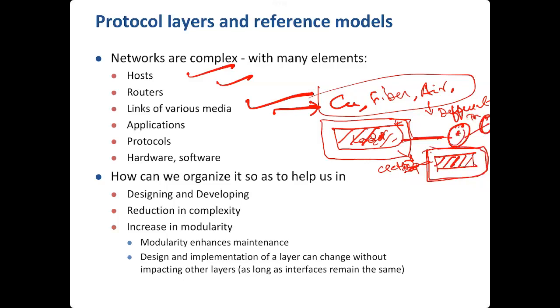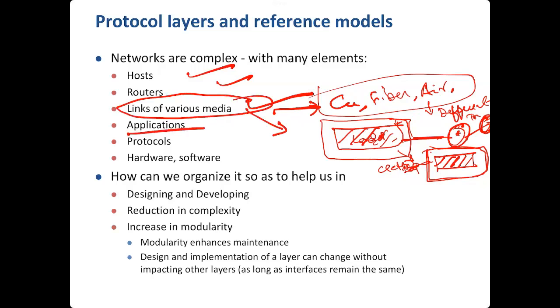Source address is this node and destination is the next node at the other end of the link, and so on. Similarly, packets travel this way. So there can be links of various types: Ethernet, fiber, copper, air, or cables of different types,